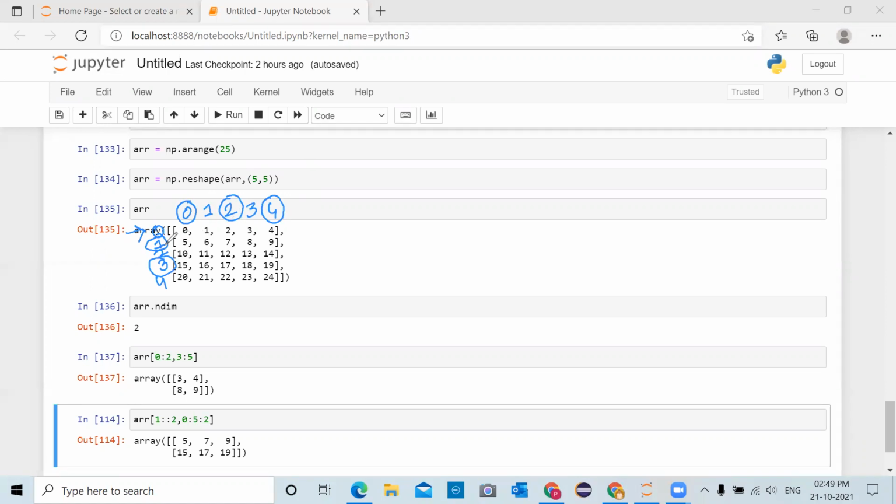The result will be 5, 7, 9, 15, 17, 19. This should be the resultant answer.